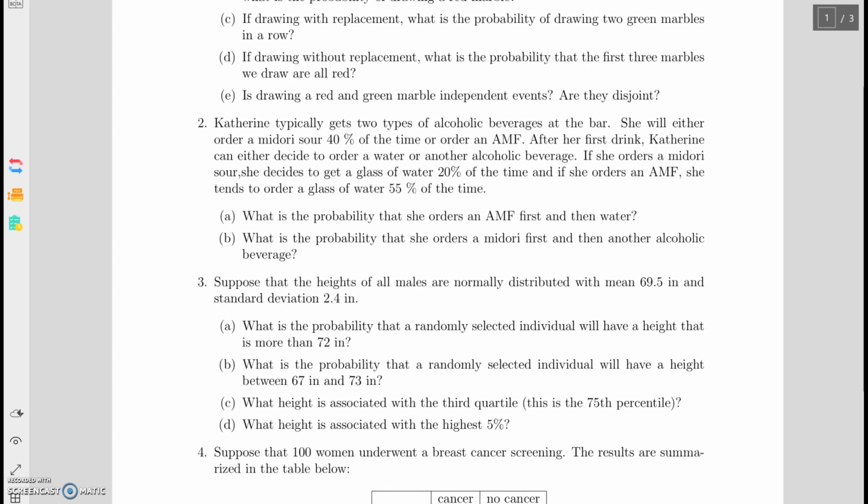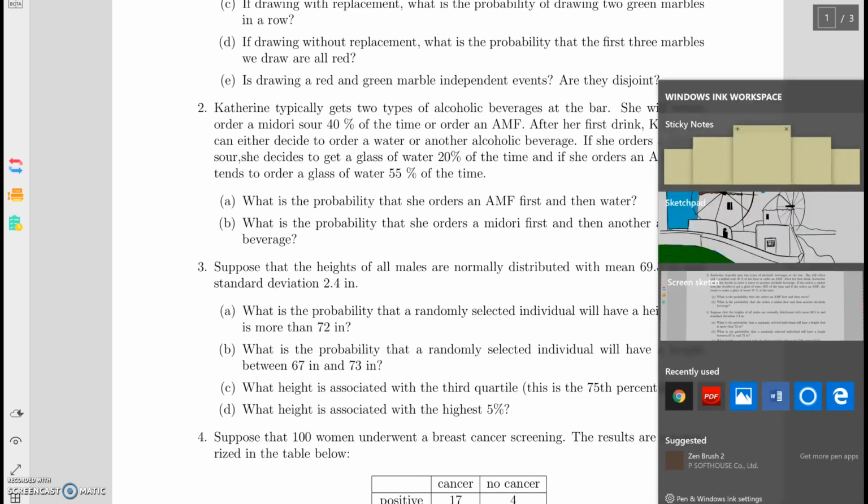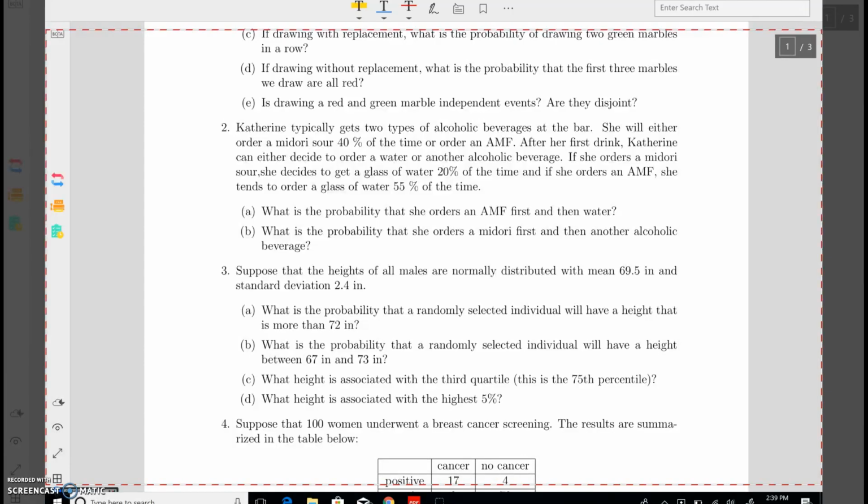So how do you go ahead and do this problem? Okay, so let me guide you with this. The way that I'm going to do this is with a tree diagram, because I think this will probably help out a little bit. So what I would say first when you see this type of problem, I know that there's two different types of things that Catherine can get. She can either get a Midori Sour, I'm just going to write it as M, or she can get an AMF, and I'm going to label that as A. So she will either get a Midori Sour 40% of the time,